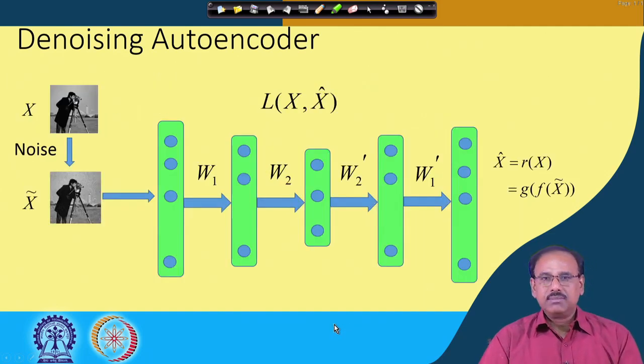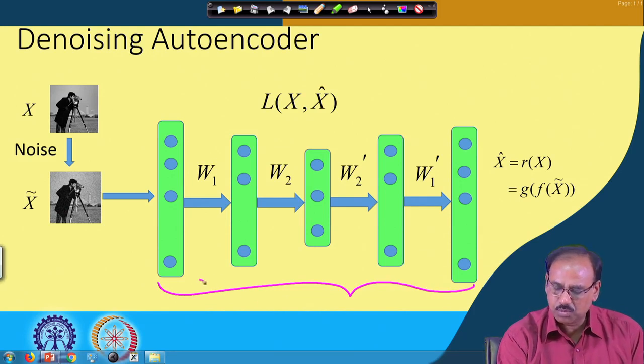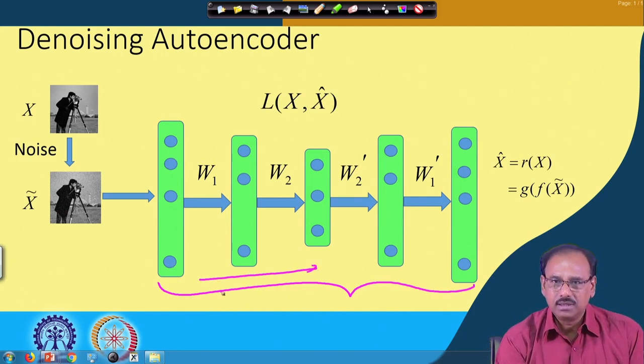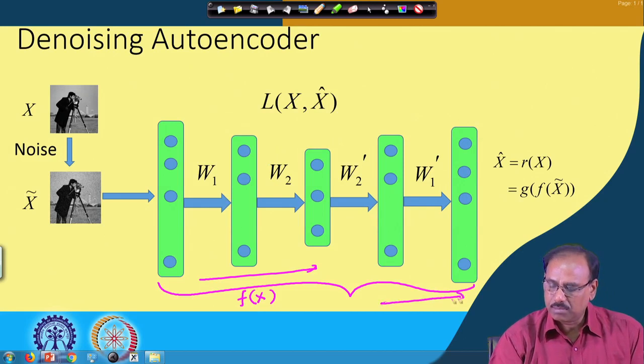So the training process is something like this. Here, say this is my autoencoder, where this portion is the encoder part. If my input vector is some x, then the encoder implements an encoding function, say f(x). And this part is the decoder part. The decoder decodes this encoded data. If this function is g, then the decoder performs g(f(x)), and that is my reconstructed